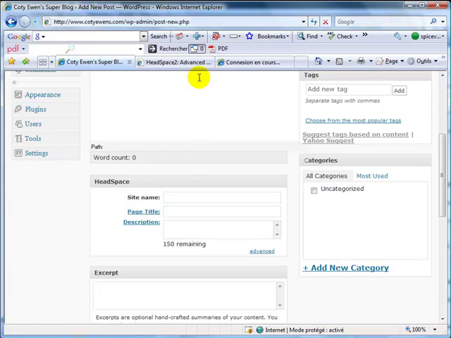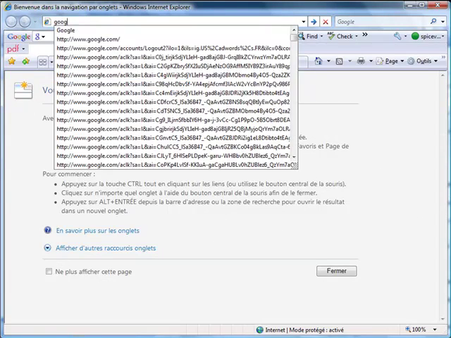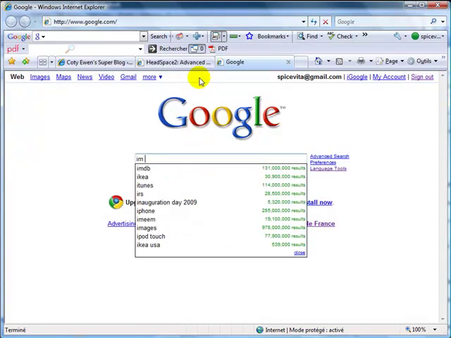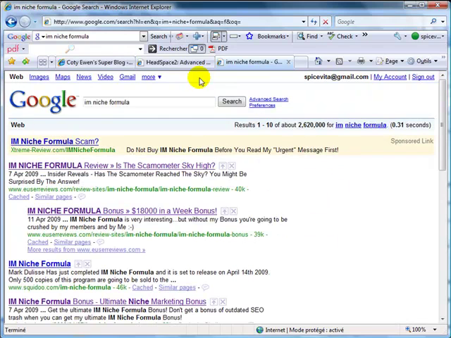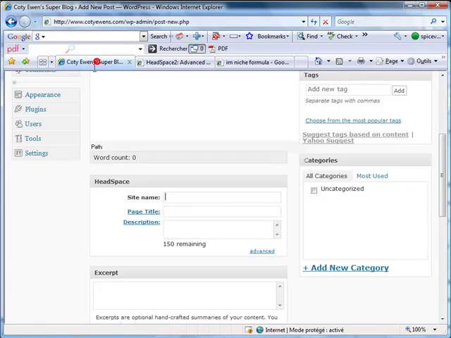okay, I'm going to show you an example. It will be better. Let's go to Google. Let's type image formula. Okay, you see this section here is what you are going to put here in the site name. So for my niche formula